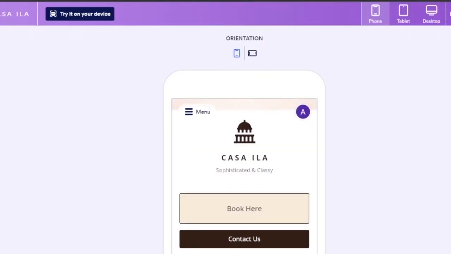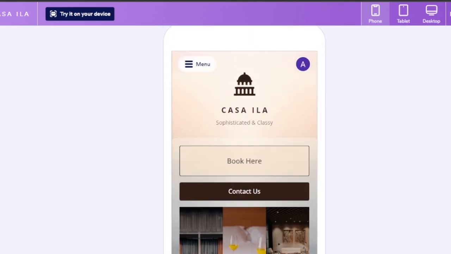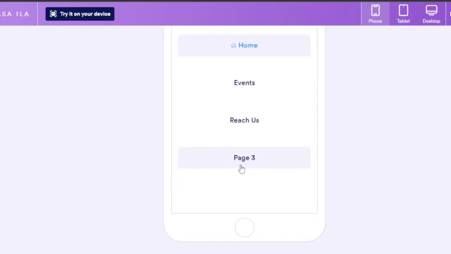So you can see right here that this is the main app I have right now. So Casa Ela, and home. I have events, and I have a menu page which is still named page 3, but you can obviously change it. I haven't, so that's why it looks like that. Okay, so it looks okay to me. So what I'm going to do is go back after previewing my app,